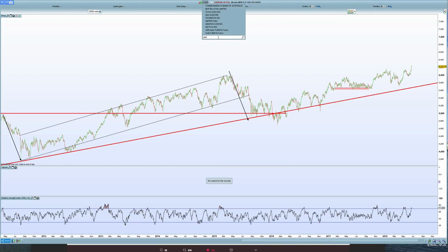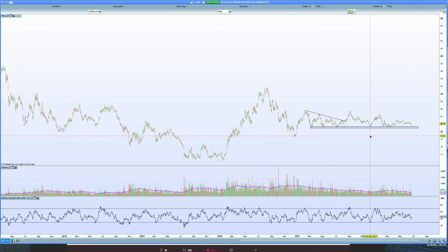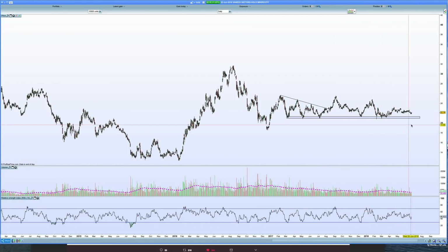Speaking of which, the GDXJ and GDX are very, very weak, but also with no volatility. So the price hasn't really been declining; it's been going sideways. This is one of the reasons why I view the gold price as likely to hold up, because often the gold mining stocks tend to